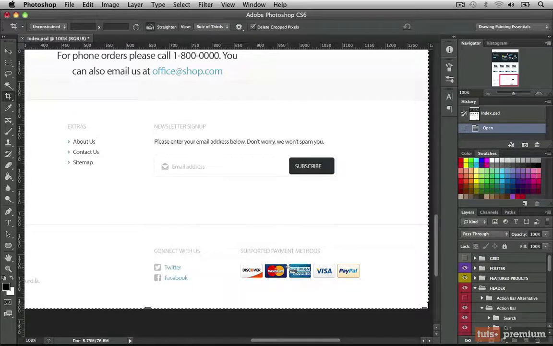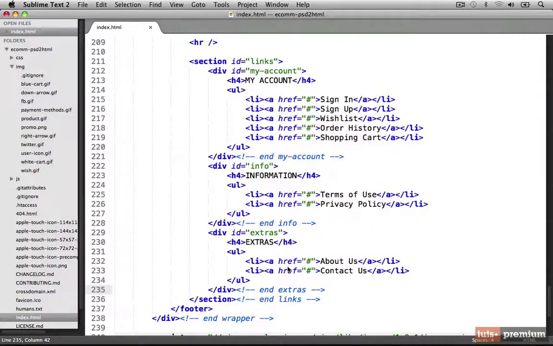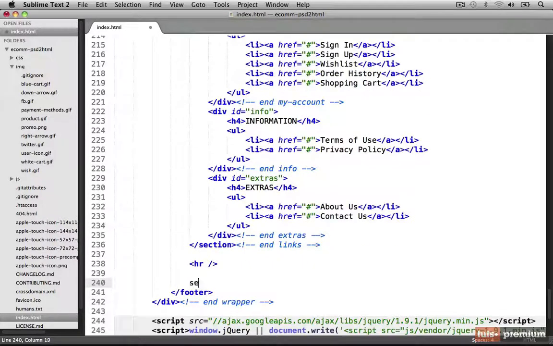payment-methods.gif. Let's switch back into our text editor, and after our links section, let's put in a new HR tag here. And now let's create a new section tag, and this is going to have a class of clearfix, as we're going to be floating a few elements inside of this div, and this clearfix class is a utility class given to us by the HTML5 boilerplate that we're using, and it'll help with clearing our floats that we'll use in the next lesson. So let's expand that,